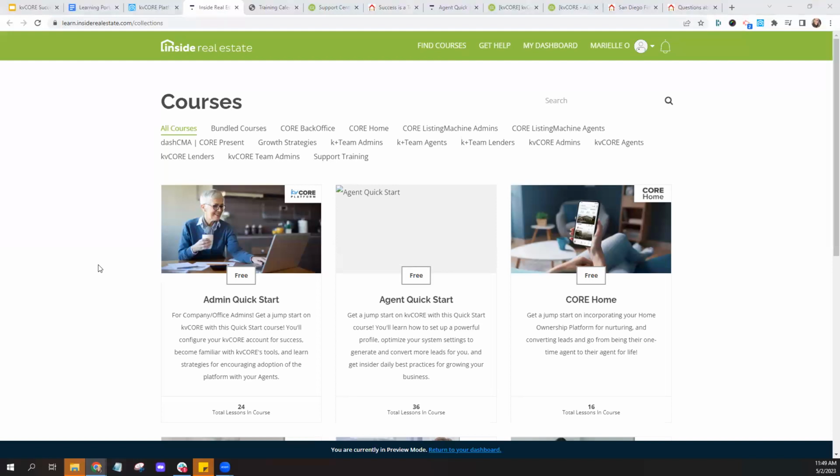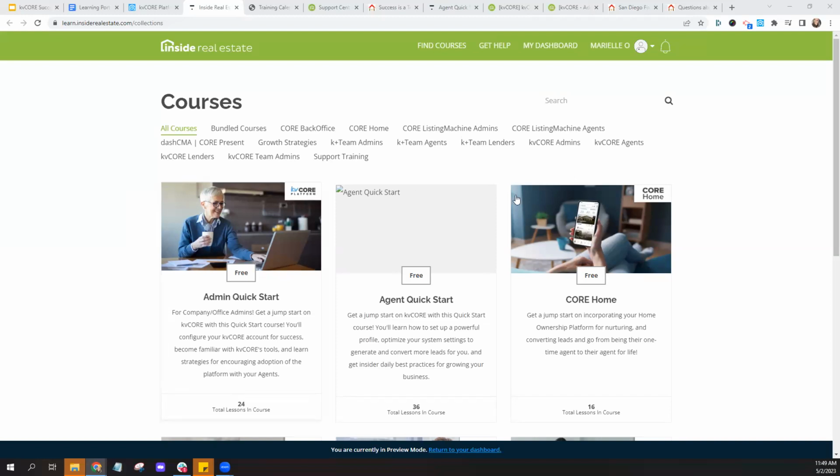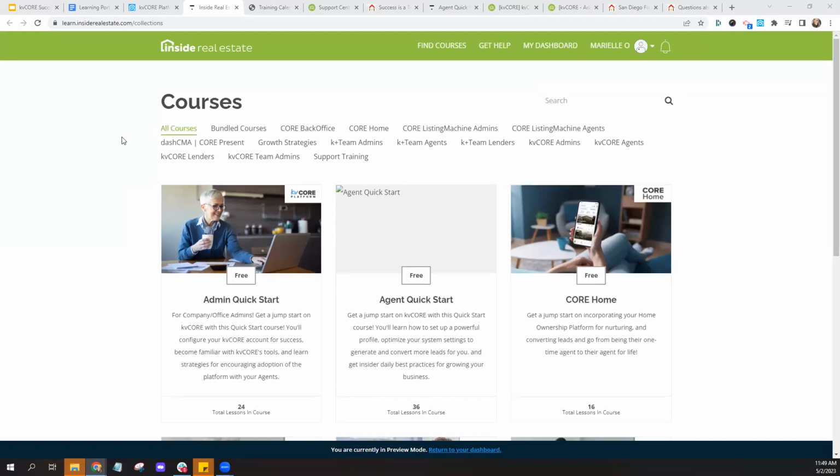But in your learning portal, a couple things to point out to you guys. When you first open it up, you'll typically see all the courses available to you. Again, for some of you out there, depending on your brokerage, yours might look a little bit different. You might have different colors. If you're seeing one that says Inside Real Estate specifically, you have the learning portal that's provided to most of